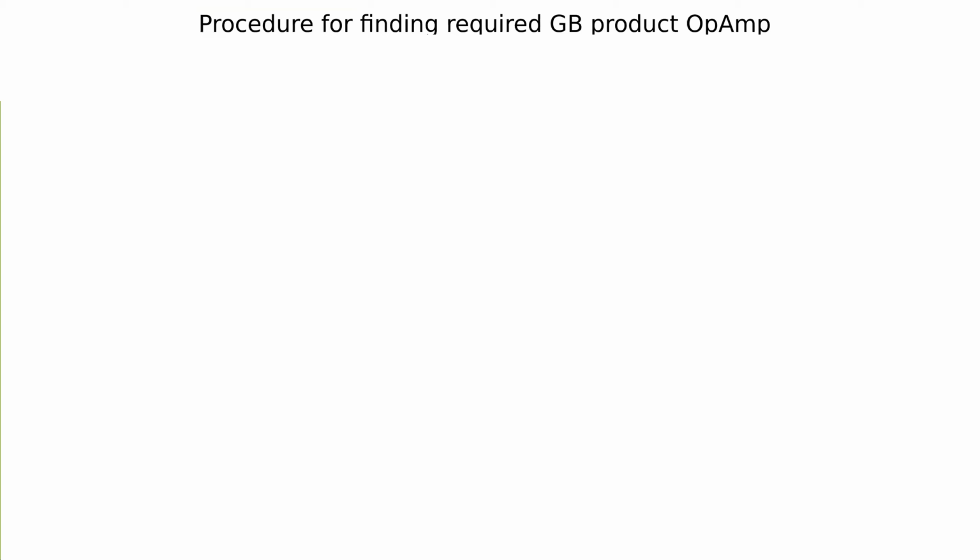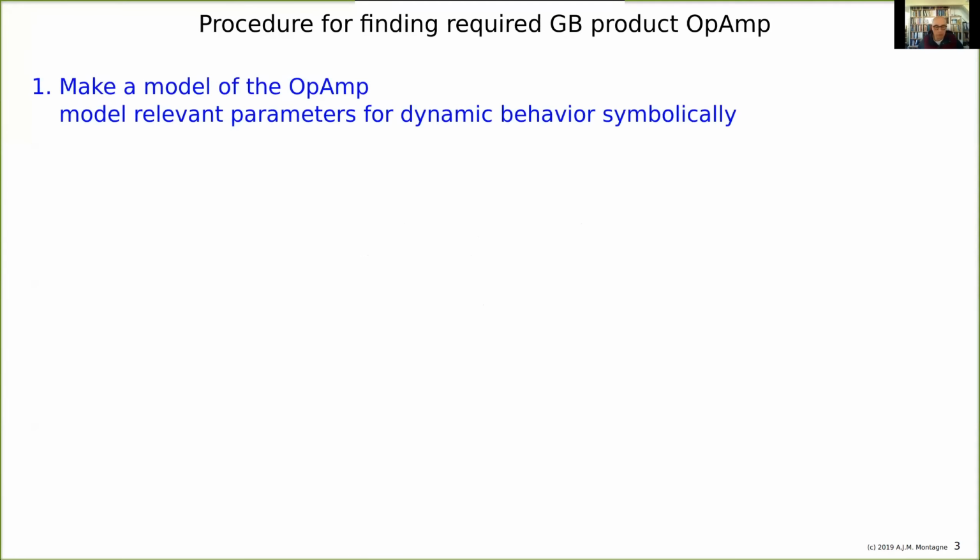Let's say we want to make an amplifier with a certain bandwidth. What is then the requirement for the operational amplifier that we put in, for example, its gain bandwidth product? We need to have a clear procedure for that. We are going to make a model of the operational amplifier, and that is what I did, I think